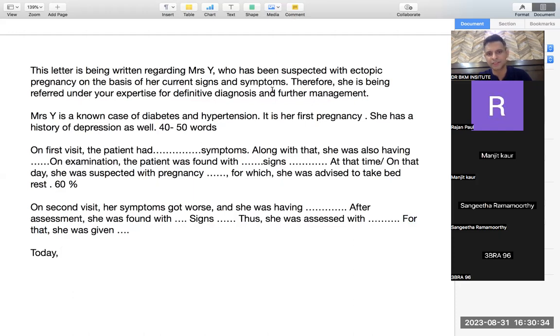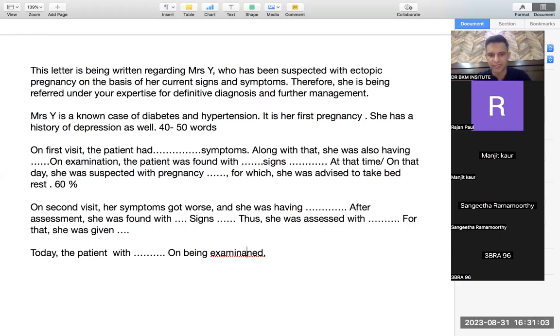Then the last paragraph, today. Like the first paragraph, it would be in detail. Today, the patient has presented. When you write today, it is in the present, so has plus third form, present perfect. Today, the patient has presented with these symptoms. And then the second line, on being examined, this is again shuffling of this word. On examination, again shuffling. On being examined,